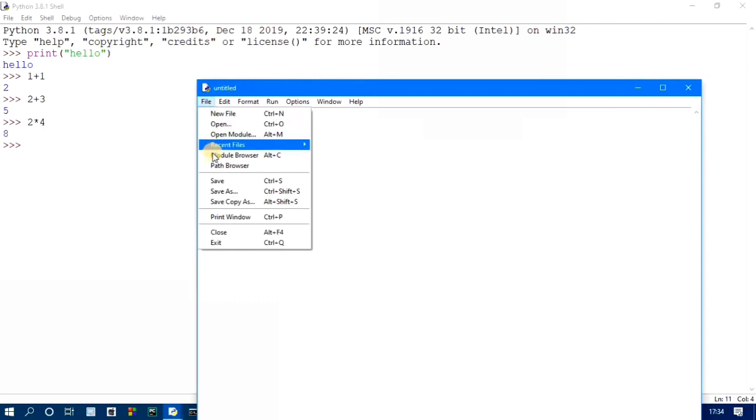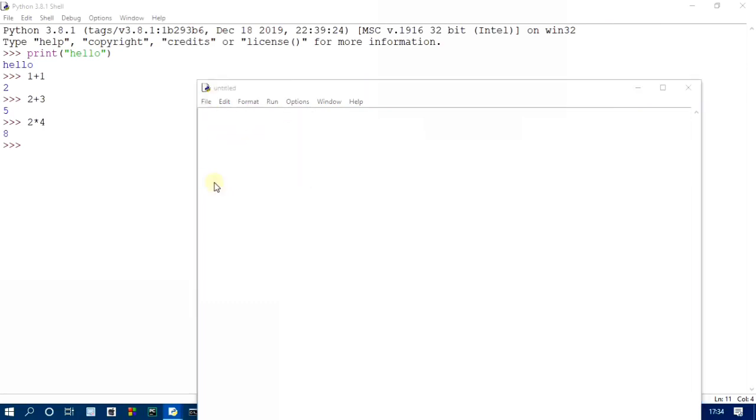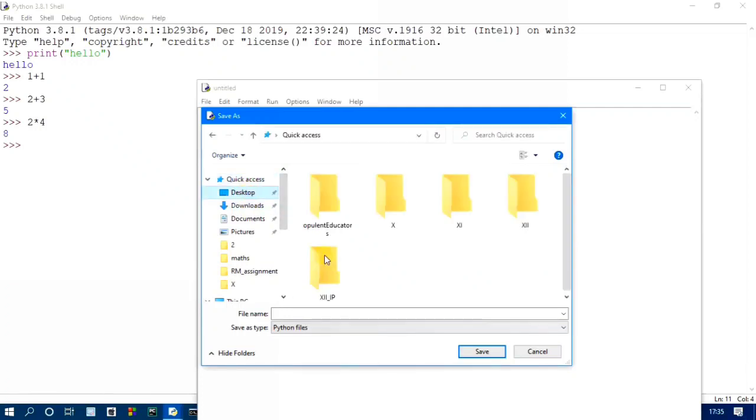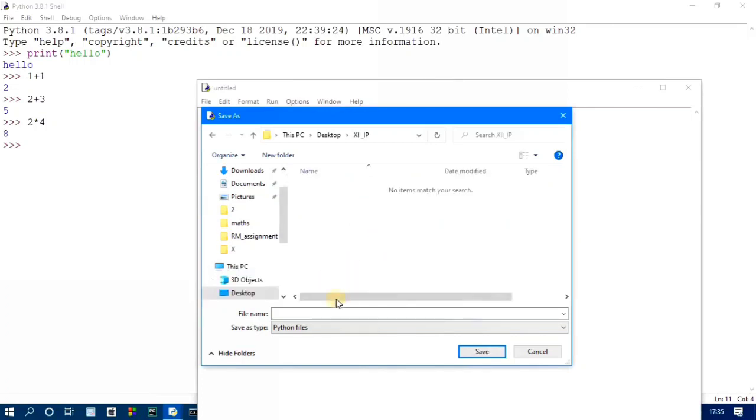Go to the file and save that file. So it is asking me for the location. By default it will take the location of AppData, Local, Programs, and if I am checking the starting, it will take C, Users, Arun Gupta, AppData. It may be this path in your system can be different. Programs, Python and Python 3.8.32, something like this. This is the location. But I want to create it in a desktop folder. I have some folder already, this one, 12th IP. I open this and I want to save the file here.